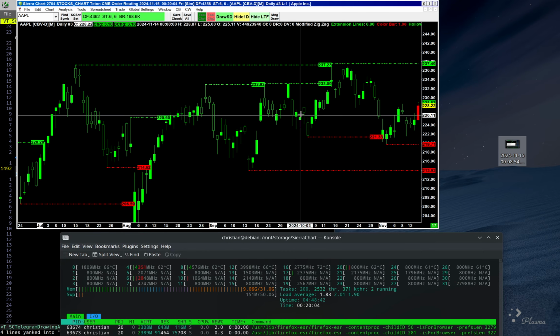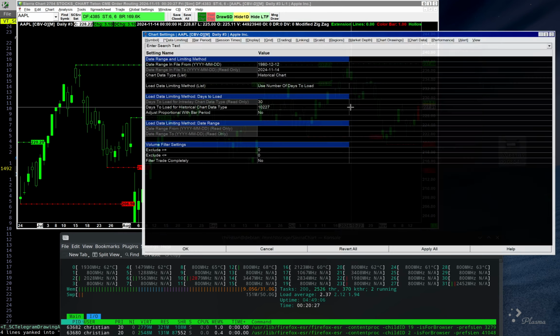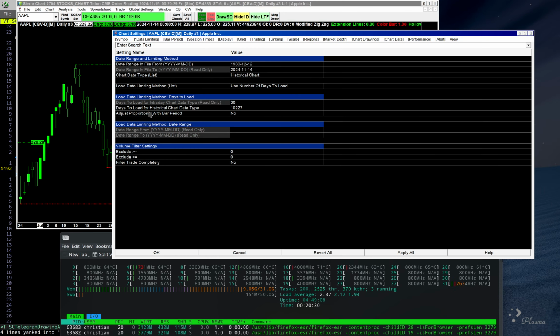So when you're working with daily charts or historical charts that have a large number of days on the chart, because my code does a lot of sequential writes one after another, it takes long to execute, and it basically blocks the main thread of the software until all of them are completed, because the study functions only run on one thread. So just to show you, I press F5 to go into chart settings,